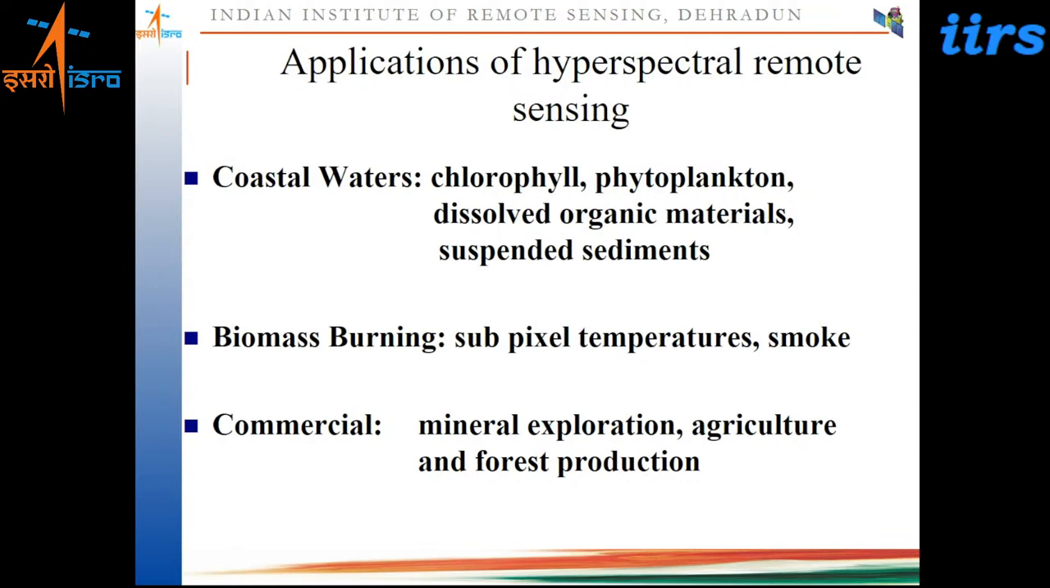They are using multispectral data for the initial surveys, and then those areas which they have zeroed in on or identified, they very carefully observe and study using the hyperspectral sensors, the hyperspectral data set. Then in commercial use, agriculture and forest production also can be studied. Crop growth monitoring can be done. The stress in the crop or stress in the vegetation or trees can also be monitored using these